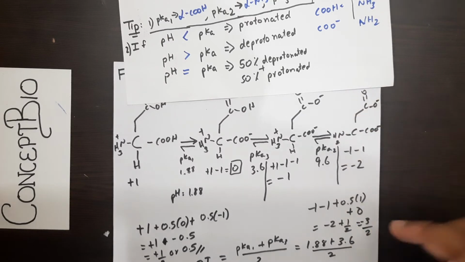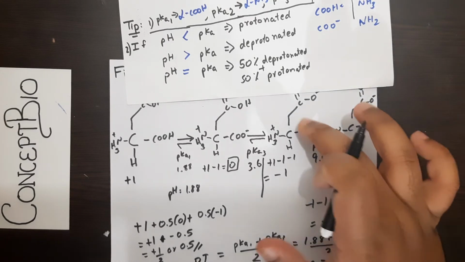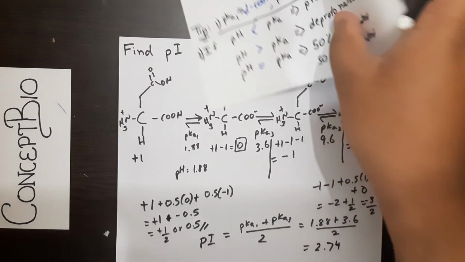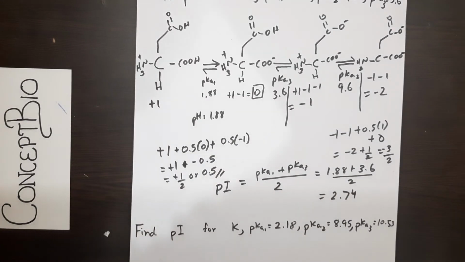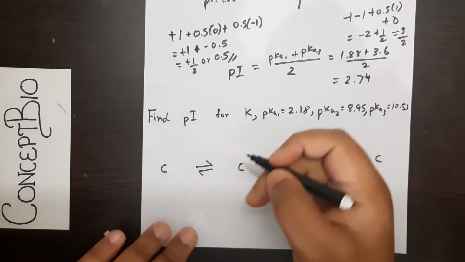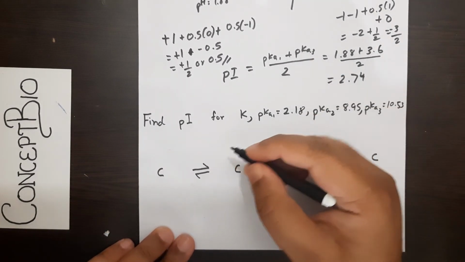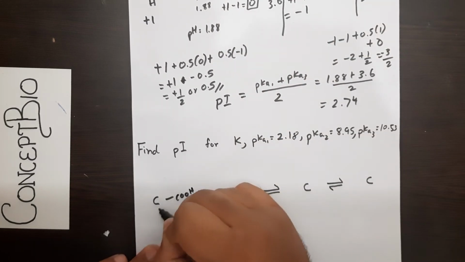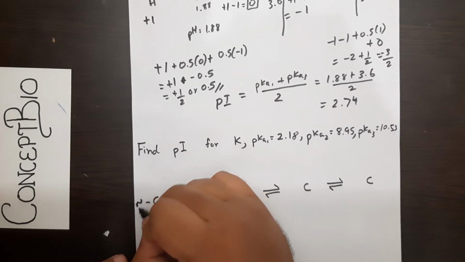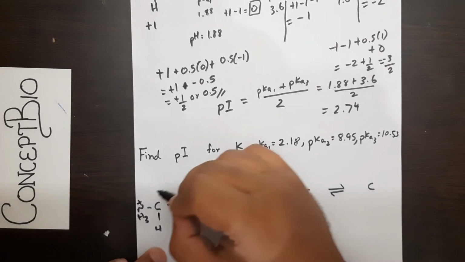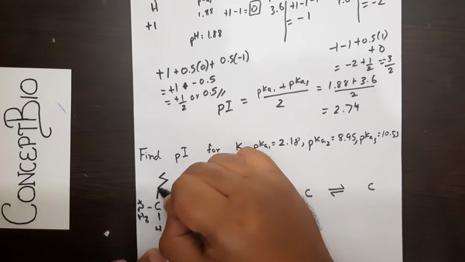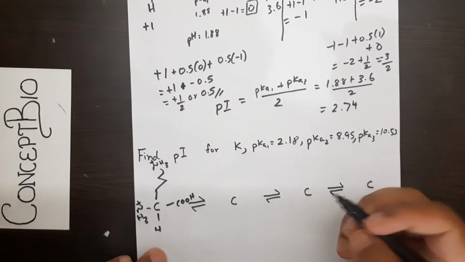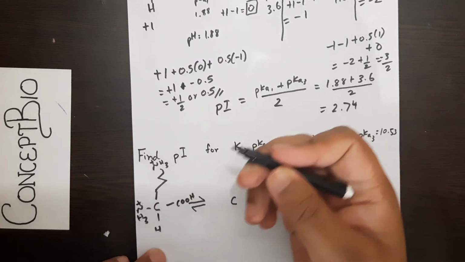But this is the concept of how you would calculate it. You would take all the other charges and do 50% protonation and deprotonation for only the group that is being targeted here. Alright. So now I'll quickly go into the next one, which is lysine. Over here I'll give you a trick. Usually when you're doing the pI, you don't have to draw the whole structure out for lysine. What you can simply do is draw the COOH and the NH3 positive terminal, but instead of drawing this big structure for lysine, you can just directly draw the NH3 plus.